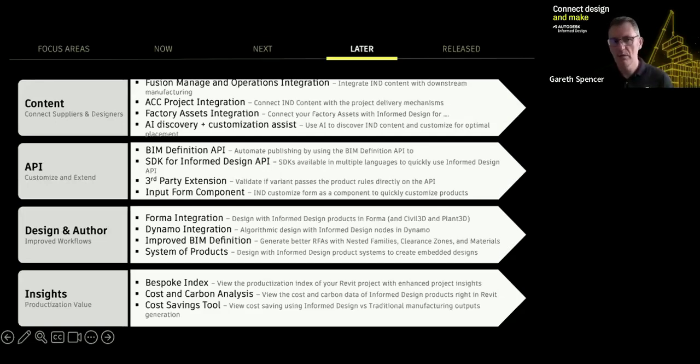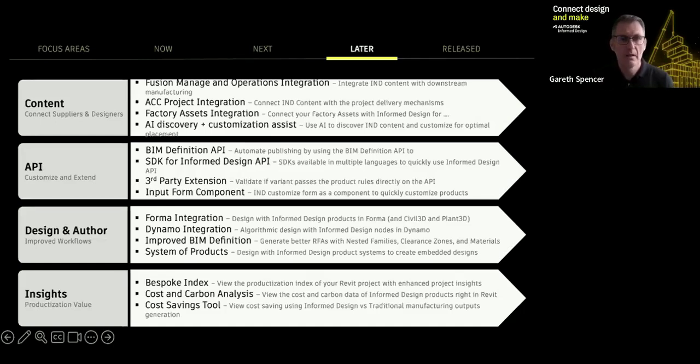It's about 18 months since we released Informed Design. We're continuing to grow and move forward. And again, you can see there's a few things on there which people might highlight. AI being one of them, as you can see there, that's really, really good. And we're going to improve on that. AI is a big thing right now, not just from an Autodesk point of view, but from an industry